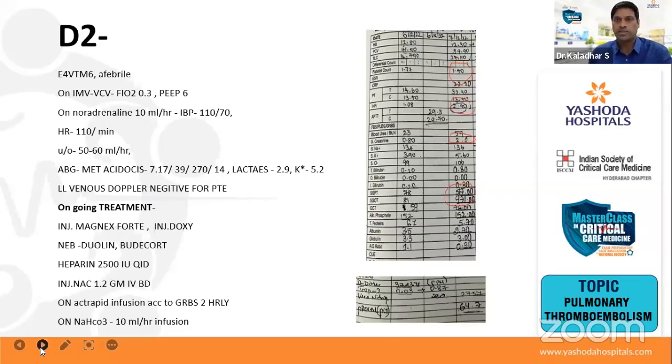What is the maximum PaO2 you can get with a FiO2 of 30%? Let's start. What's the maximum PaO2 you can get with a FiO2 of 20% or room air? 100, 110. Yeah, 30%, 150. How did we get 270 here then? It must be a mistake from my side, sir. No, why would you make a mistake? I typed it wrongly. No, the commonest thing is that the patient got a nebulizer before the blood gas was collected. So the patient was getting a higher FiO2 than what was set on the ventilator. Yes. Okay. That could be the reason.